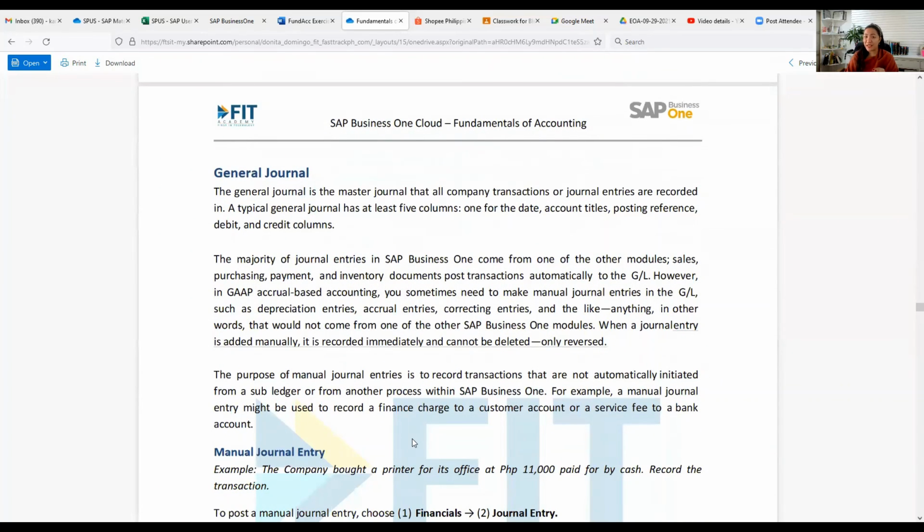So what is now a general journal? A general journal is a master journal in which all company transactions or journal entries are recorded. A typical general journal has at least